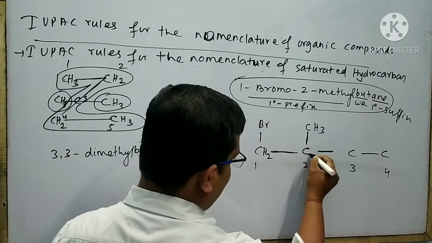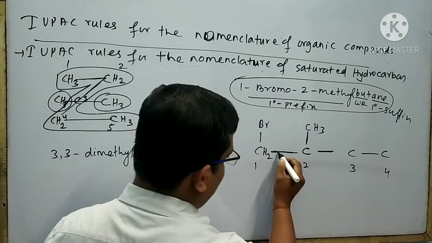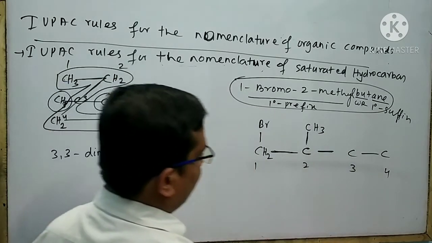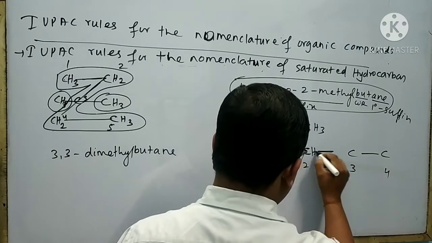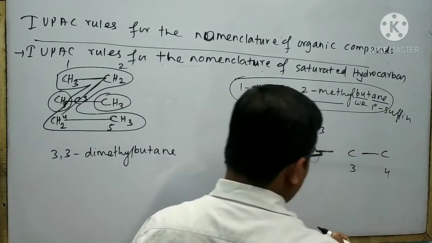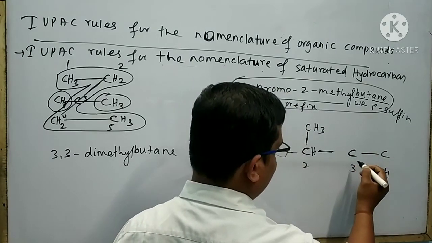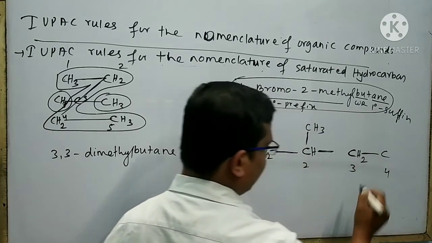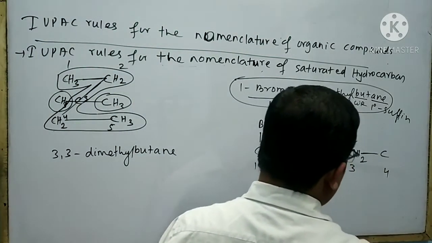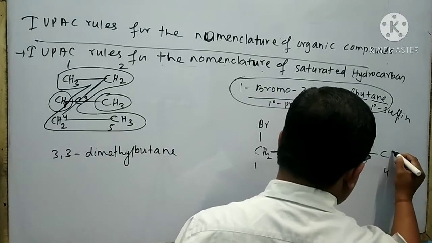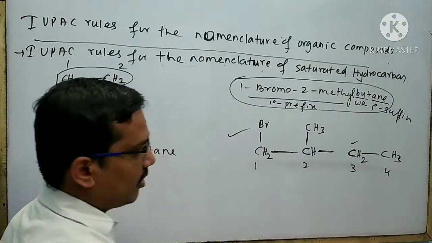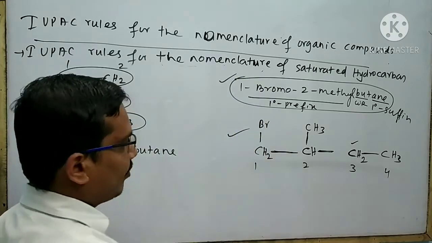Look at this carbon atom. Here 3 covalent bonds are present. As a result, it is bound to write your 1 hydrogen atom. Here 2 covalent bonds are present around the carbon atom, so it is bound to write your 2 hydrogen atom to maintain the tetracovalency of this carbon atom. Here it is bound to write 3 hydrogen atom. Look at that, this is the structure of this organic compound.